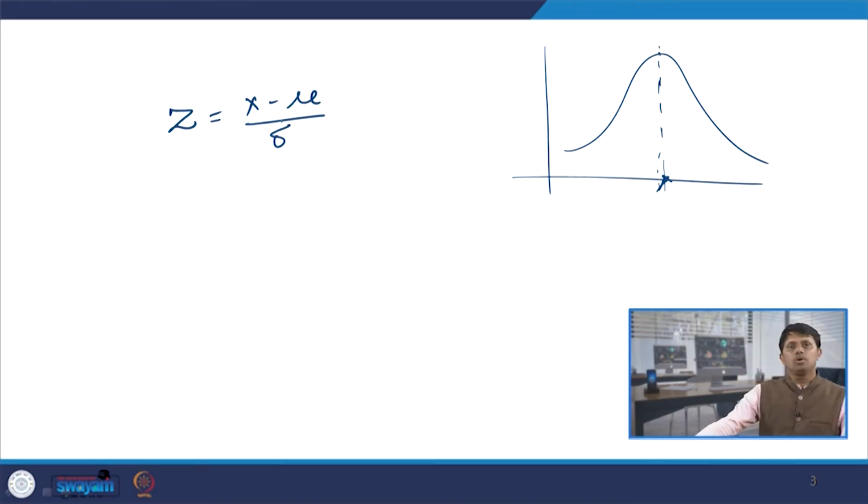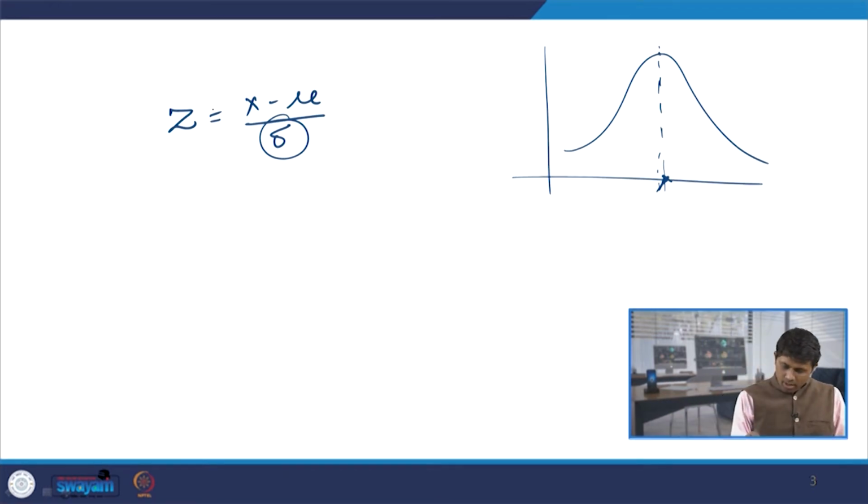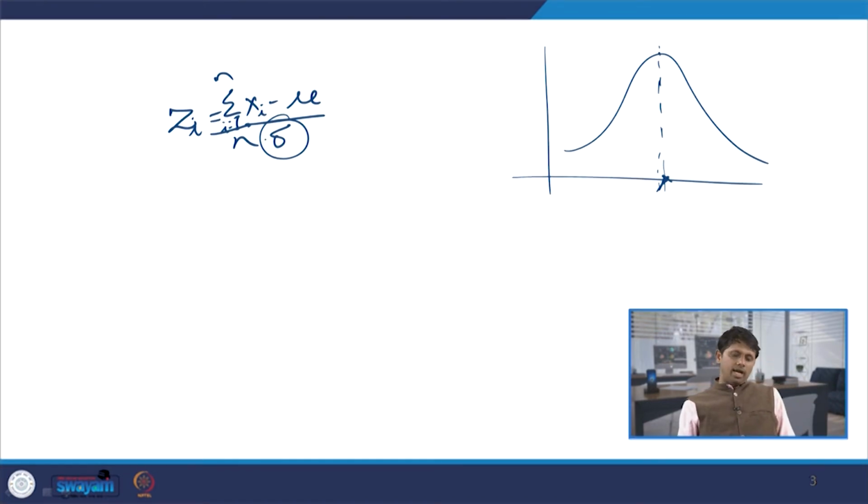Now, if you have a finite population or an infinite population, there are two approaches to understanding this. Sigma is actually quite important to read here, because it is not just sigma, it is the actual formula of Zi, which equals the sum of i varying from 1 to n of xi minus the sum of mu divided by n. So, the sum of i from 1 to n of xi minus mu, divided by the standard deviation.